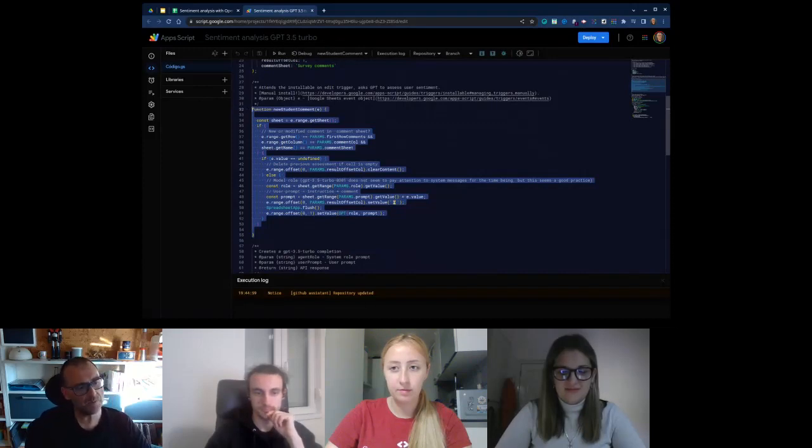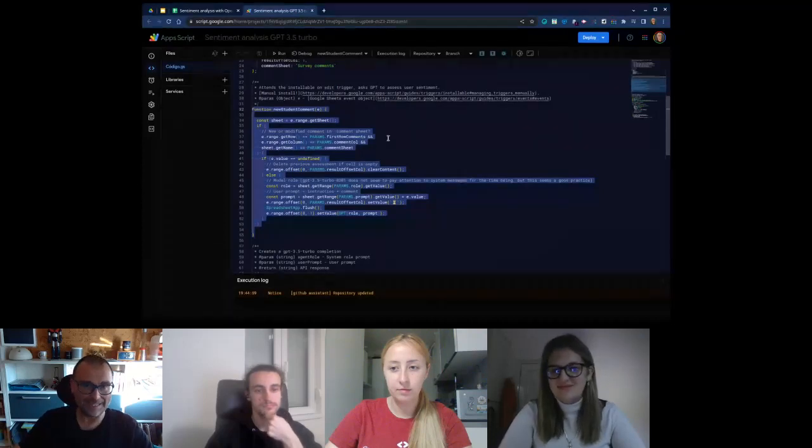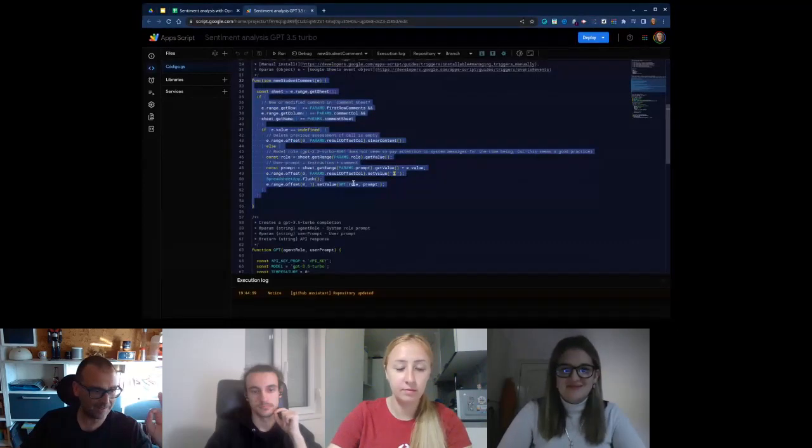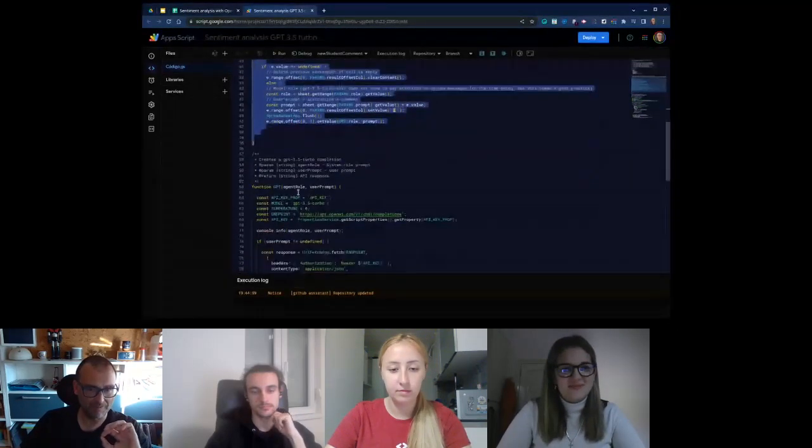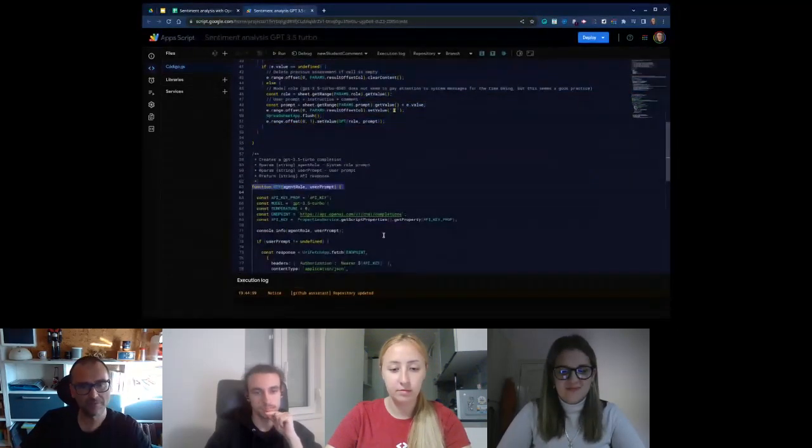I talked about this before. I talked about how scripts can be run when something happens in your Google Workspace world. In this case, the part that actually does something useful is this function, this GPT.